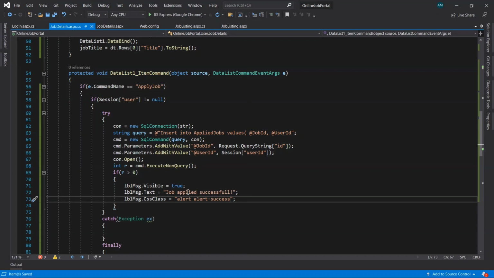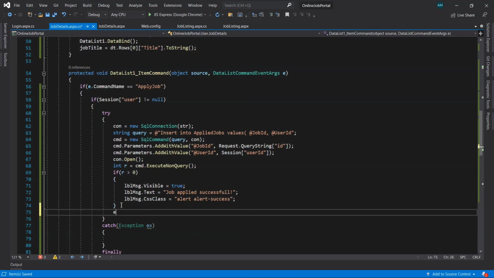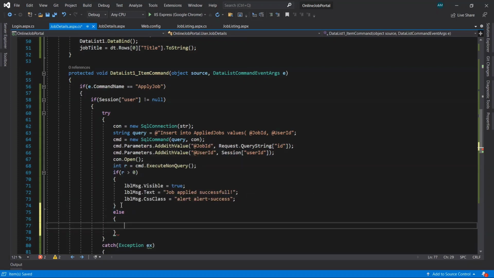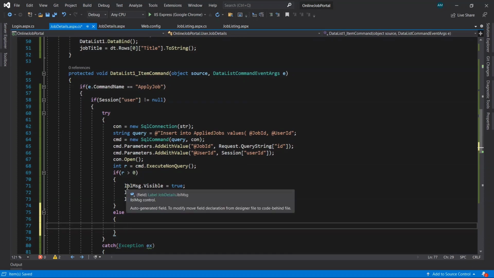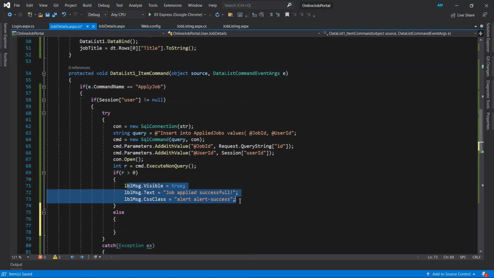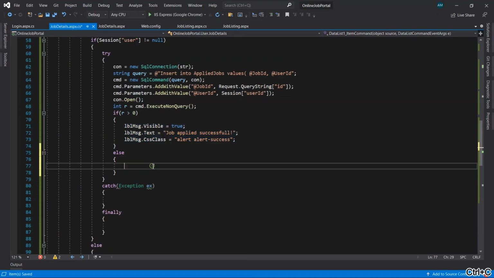After that we need to display the job details, but that is already there. Then in the else block, let's copy this code from here and paste it here.